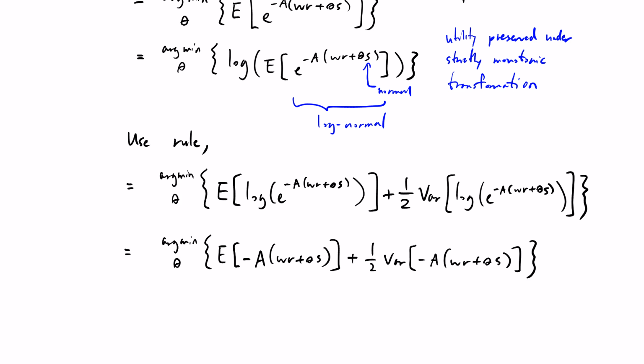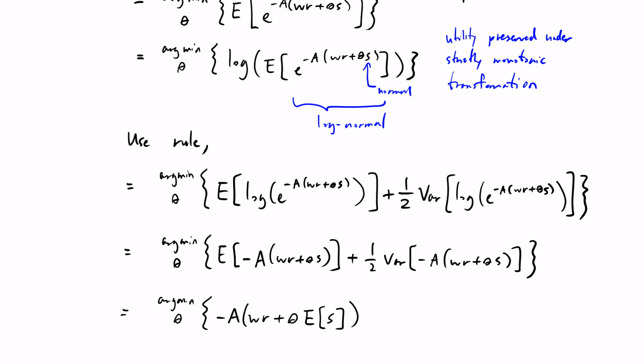And let's see. Negative A is a constant, WR is a constant, theta is a constant. Really, you can just take all of those things out from the expectation, right? It actually doesn't affect the expectation. The only thing that really matters in the expectation is the S, which is random, right? For the variance part,